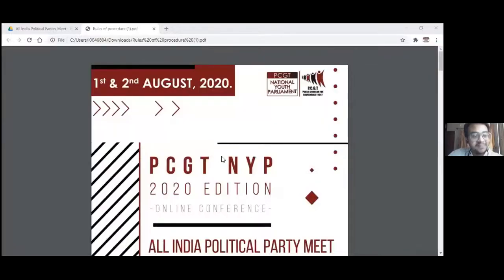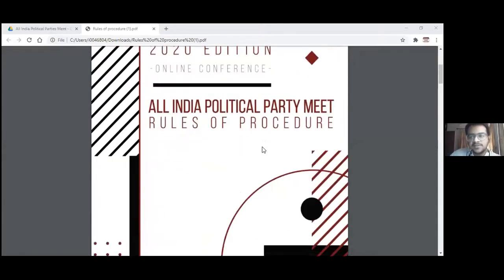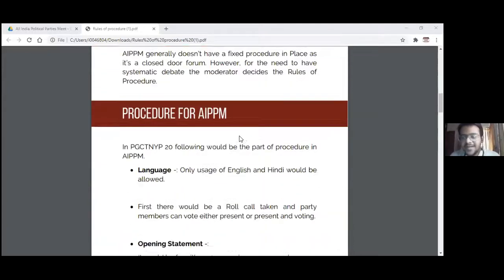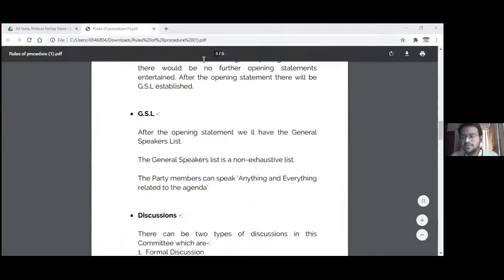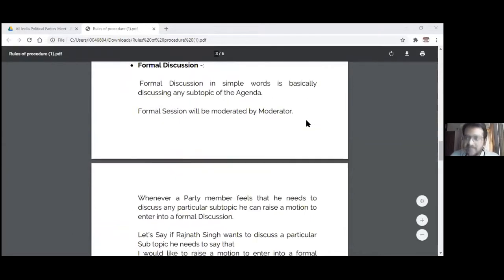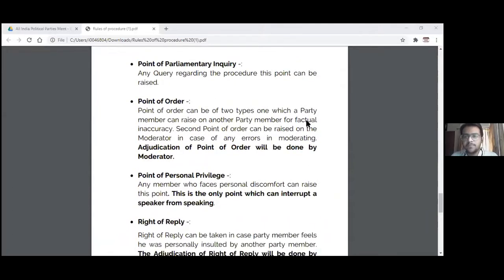Anyway, there is one more right that you have, not as a delegate, but as a party representative. It basically means that when a particular person has offended you, because it happens a lot in Indian committees, then, first of all, I would discourage people from offending others, because that's not something very constructive in a debate. But by chance, if it happens, then there is recourse for the person who is being offended: to raise a right of reply.